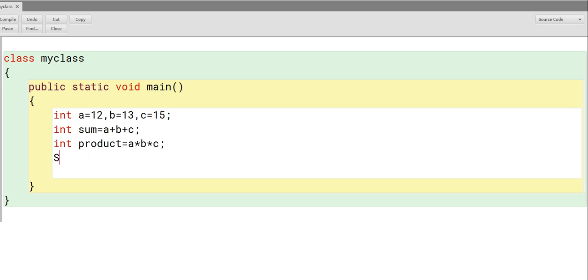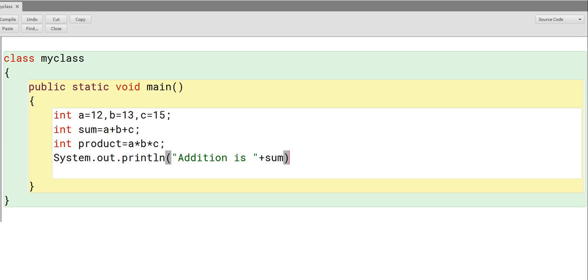For printing in Java we are using this statement, System.out.println, and the values will be printed on the screen. You can use messages also. For example, we want to write here "Addition is". Any kind of message we are able to print here, and whatever message you display should be enclosed in double quotes, and the resultant value will be printed with the help of a variable.